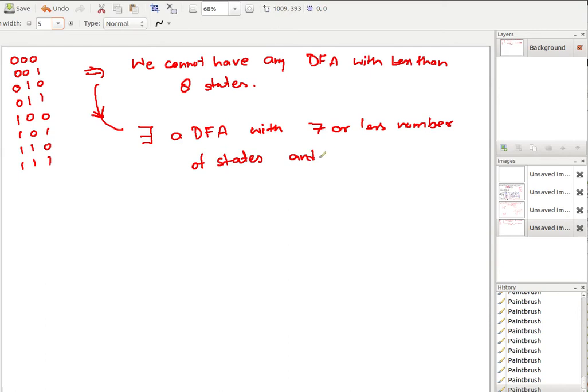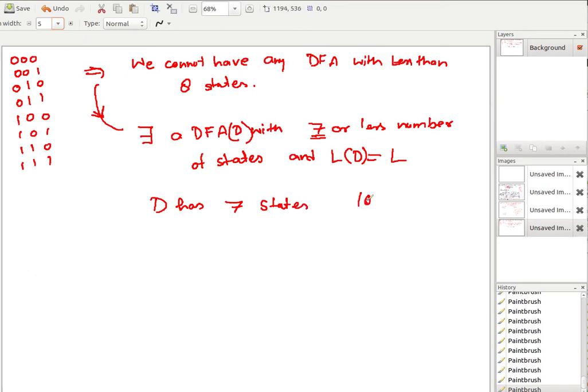And the language of this DFA D, let's say, is exactly the given language. What I am saying is there exists a DFA D with 7 or less number of states, and the language is the same as that one. Now, because there are 7 or less, I think proving for 7 will suffice for the rest. So let's stick to 7, and you can prove for any number less than that. 7 is the maximum I am going to prove. It cannot happen even with 7 states. For less than 7, it can be proved in the same way. So let's say that there is some DFA D that has 7 states.